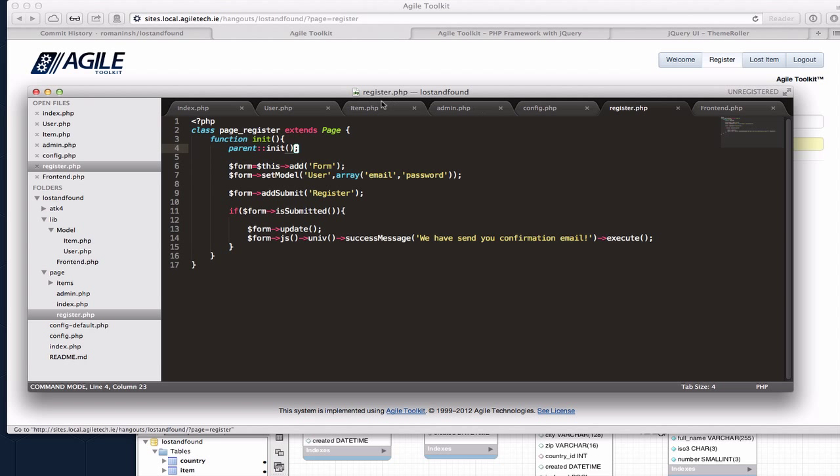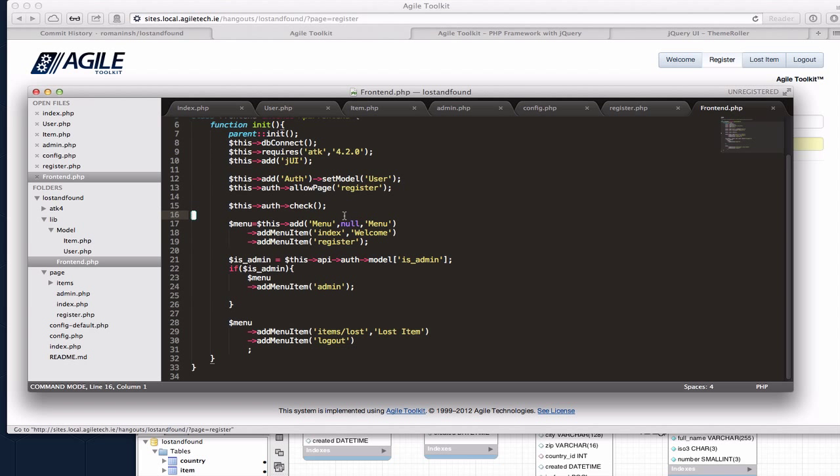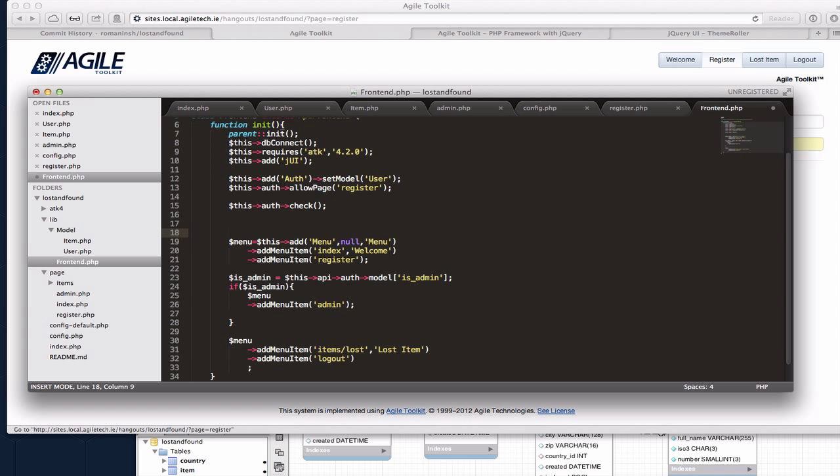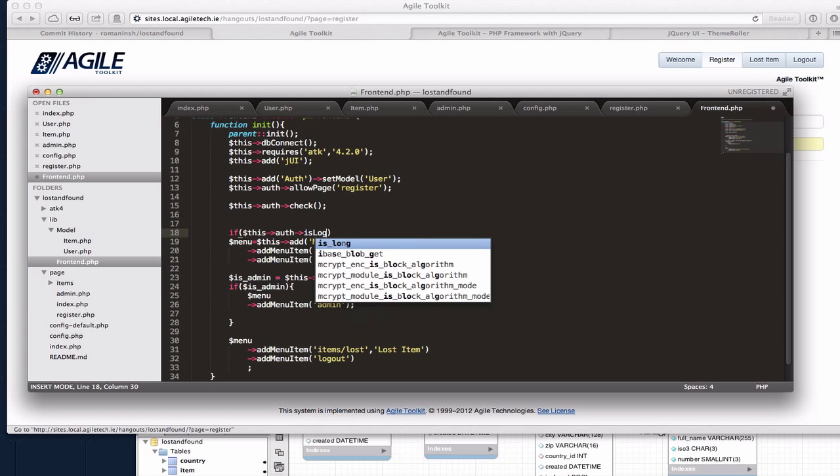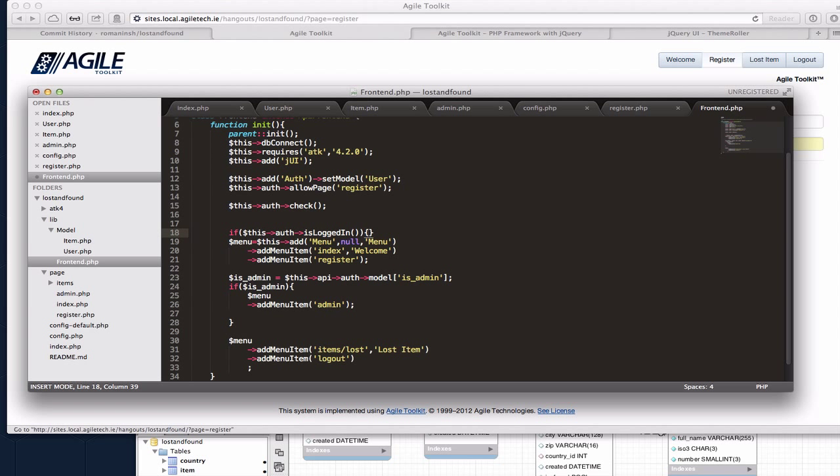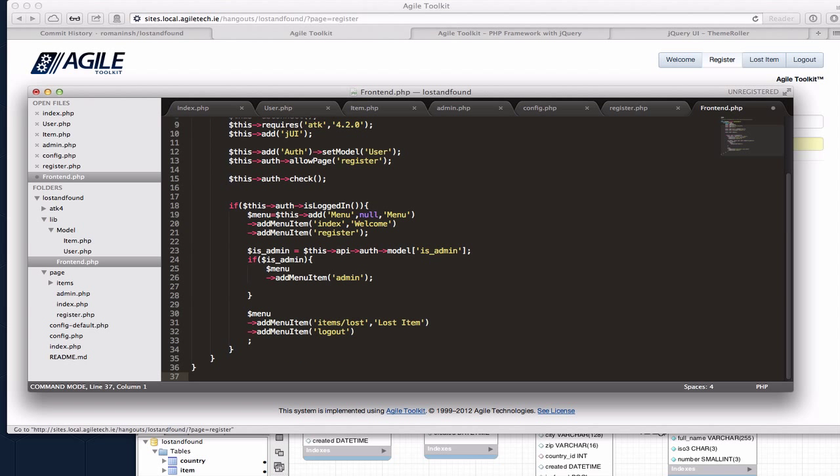Okay, the typical way to deal with the menus is that we would usually have two menus, one menu for the logged in user and another menu for the general access when the user is not logged in. And this is how we can implement it. If this, so we do a check. If the user is logged in, we add the regular menu like this. Otherwise,